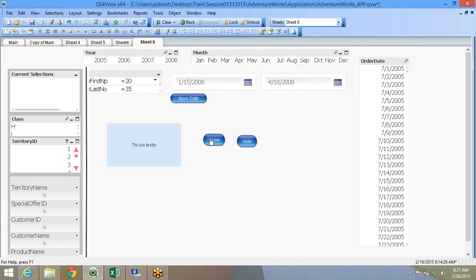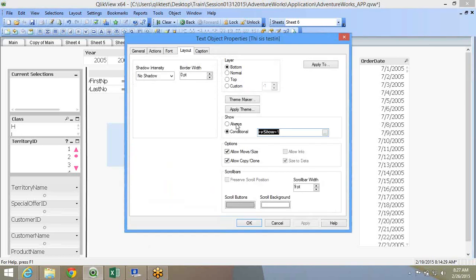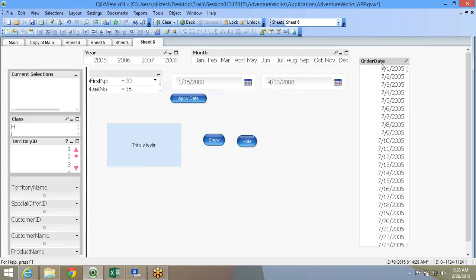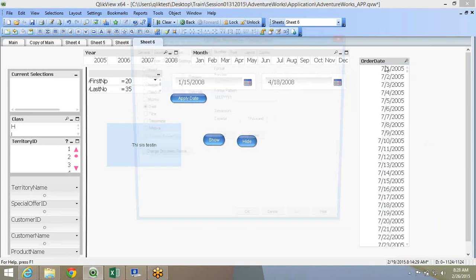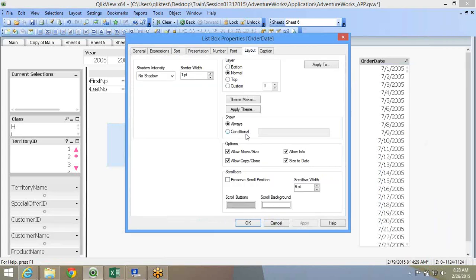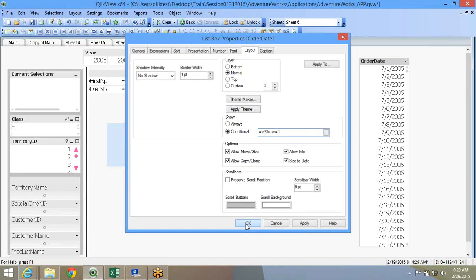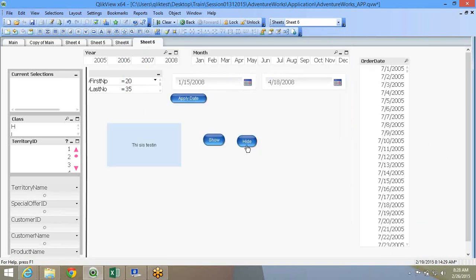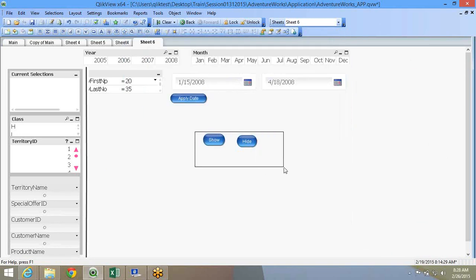Hide, it gets hidden. Now this layout setting I'll have to apply for all the objects that I want to conditionally show or hide. So if I take this for order quantity, even for list box or anything that I want to do, show, hide, show, hide. That's how I can do it.